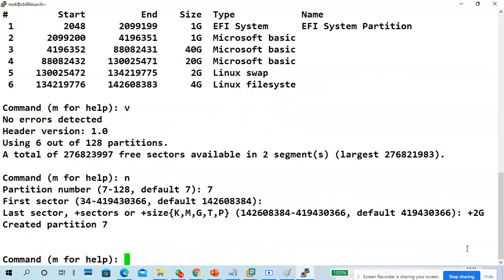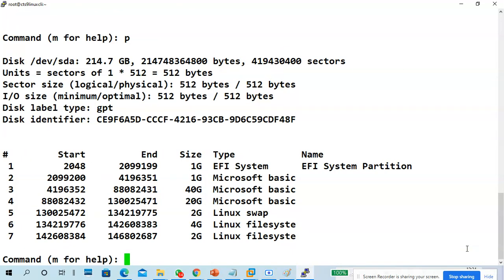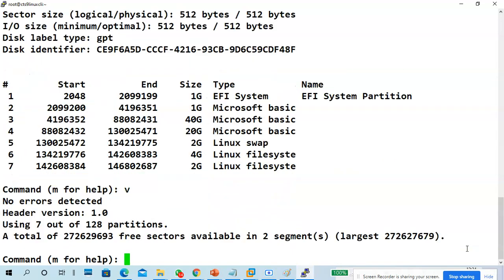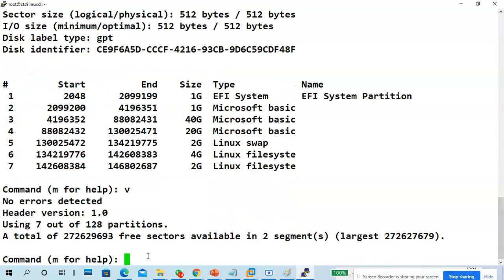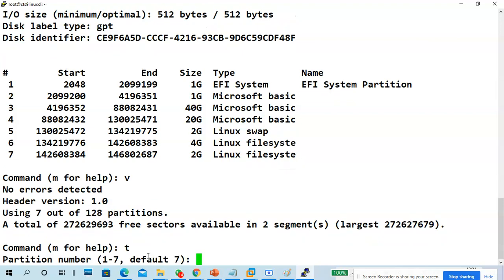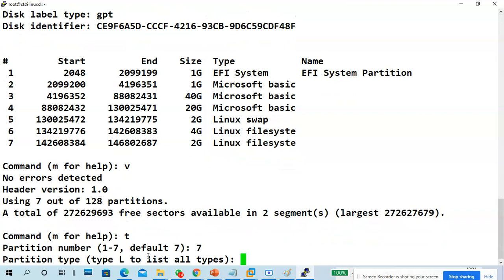Now next step, w. Again. Done. Okay, I verified the partition table. Now I want to change the type. Tell me. T. Partition number 7.